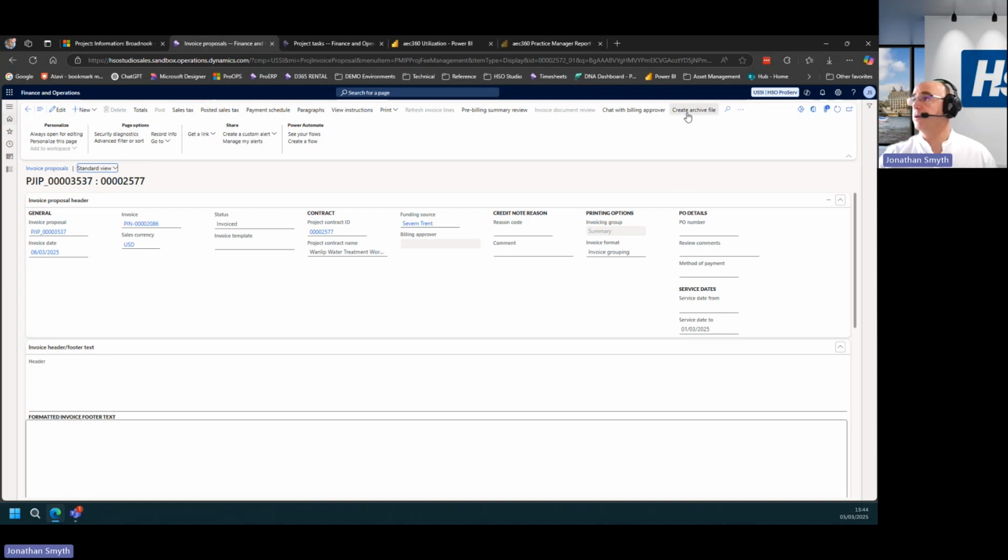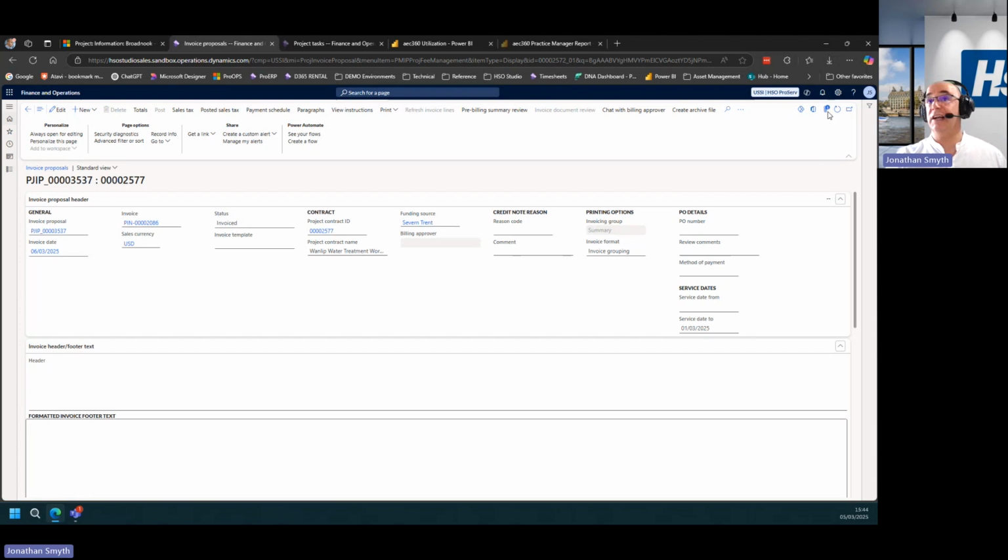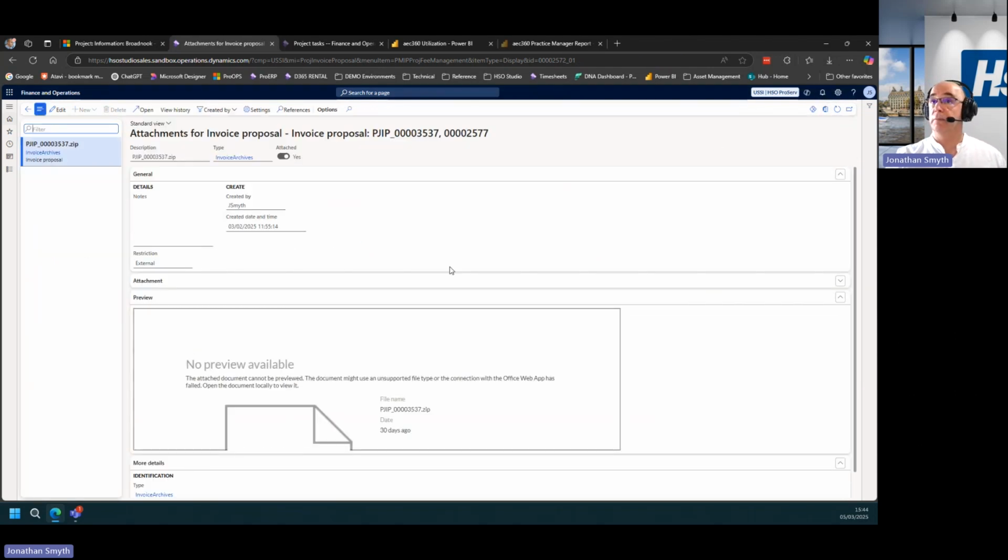And just up here, we've got this create archive file, which can automatically assemble all of the associated supporting information for this invoice proposal: the approved timesheets, the expense copies, the invoices. It then automatically attaches them to your invoice proposal. So here it is as a zip file.